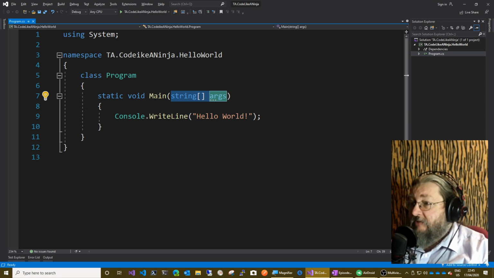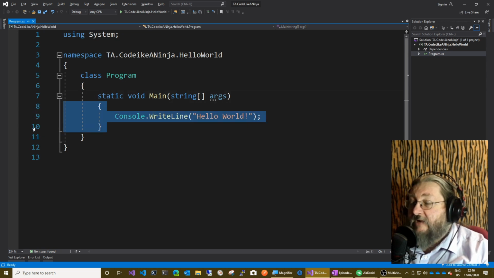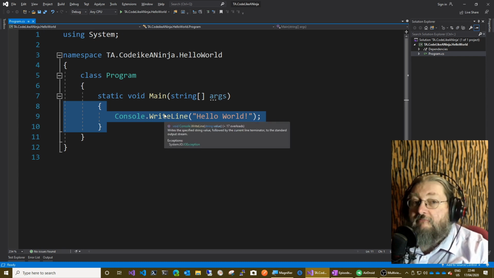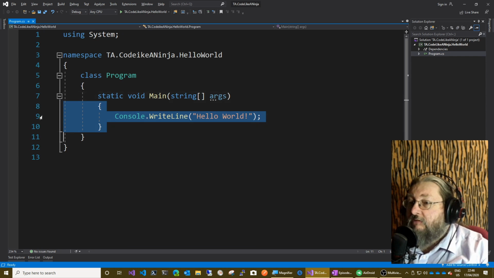Okay, so in the main method, we start a block. Remember, C# is a block structured language. So we have another block here, and that brace to that brace is the block, and that is the body of the method. Now in here is all the code that runs whenever we call this method. So the code that we've got here is console.writeLine, and then